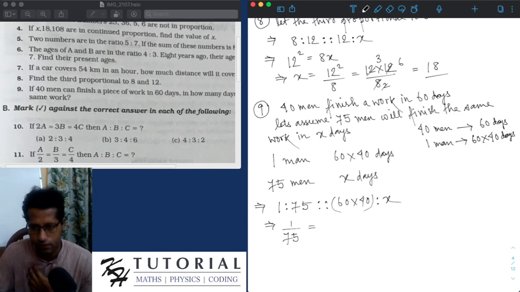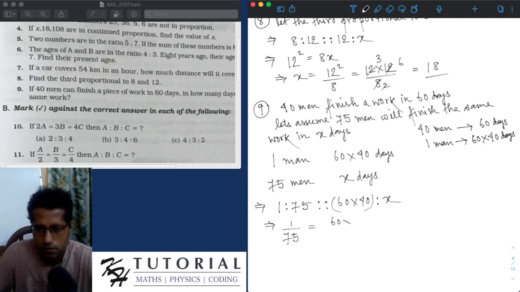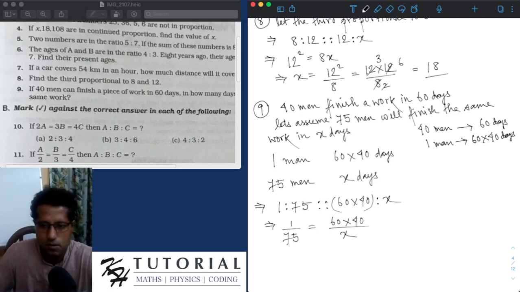So 1:75 is equal to 60 into 40 is to X. So we have 1/75 equals 60 into 40 by X. From here,